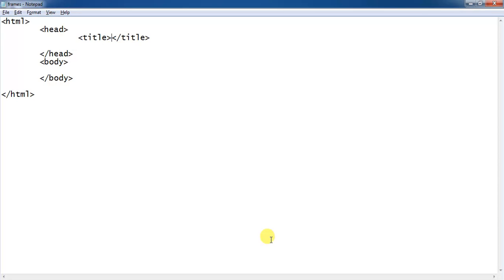Once again, in order to demonstrate the concept of frames, I am taking the basic HTML structure here. Now I will try to implement the concept of frames and how that will be made to us to divide the web page into multiple number of partitions. Here I will specify the title as frames example,